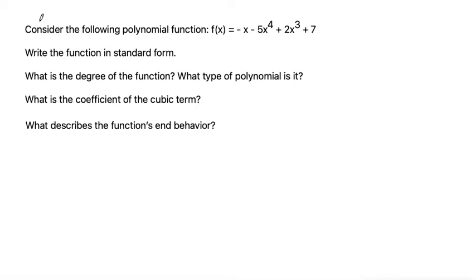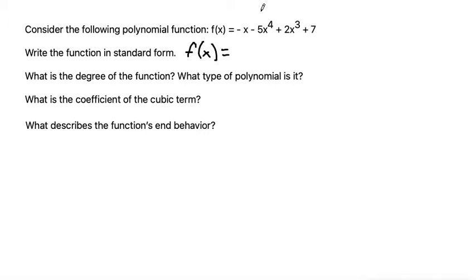So this problem asks us to consider the following polynomial function. f of x is equal to negative x minus 5x to the power of 4 plus 2x cubed plus 7. They first want us to write the function in standard form. So in standard form, we'll write f of x is equal to, we want to put the terms in descending